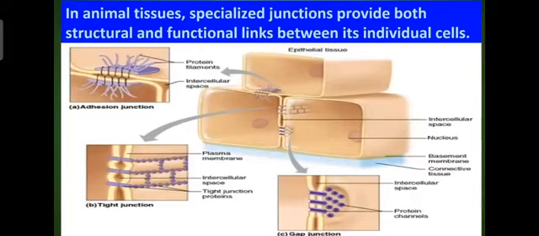And the third one, that is gap junction. In the third diagram below you can see it facilitates the cells to communicate with each other. You can see the pores, the protein channels. Through this channel one cell is connected to another cell through the cytoplasm. So these are the three junctions: tight junction, adhesion junction and gap junction.